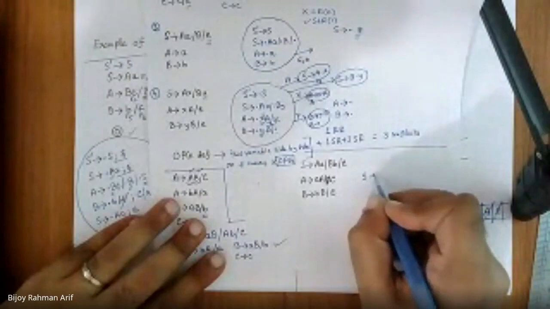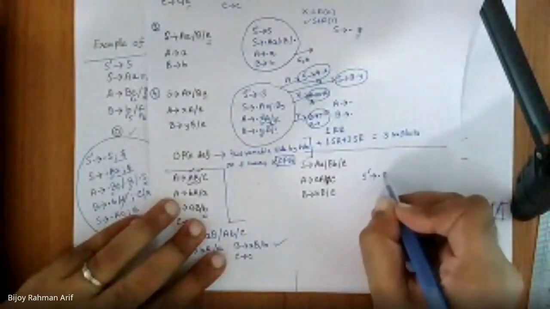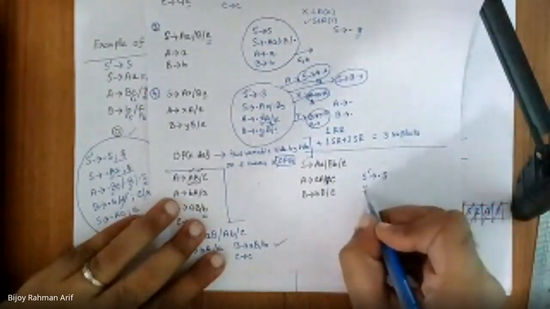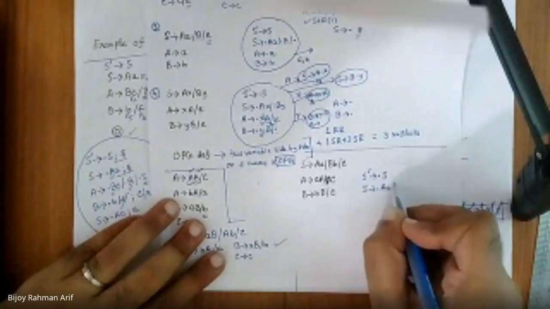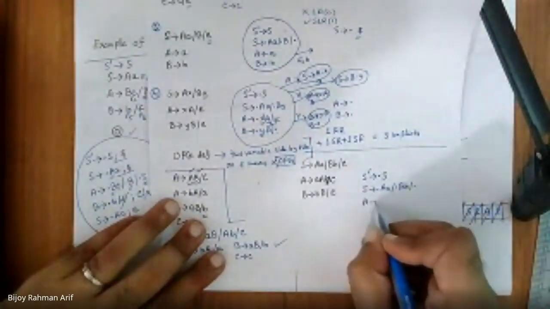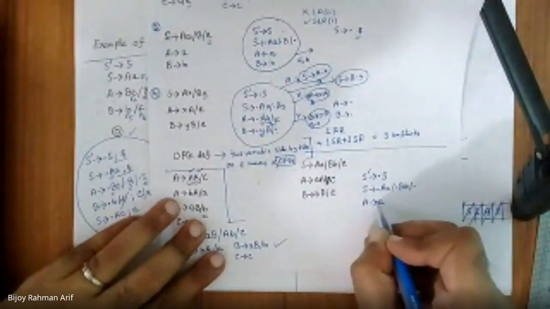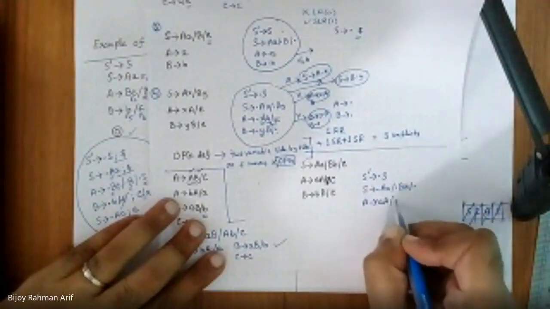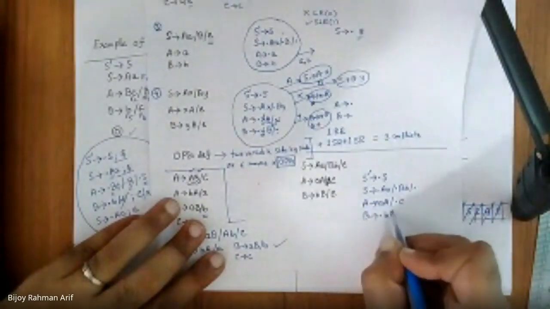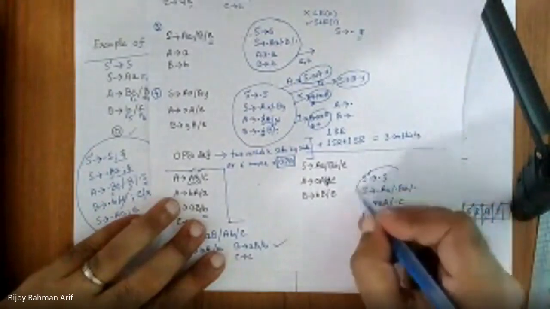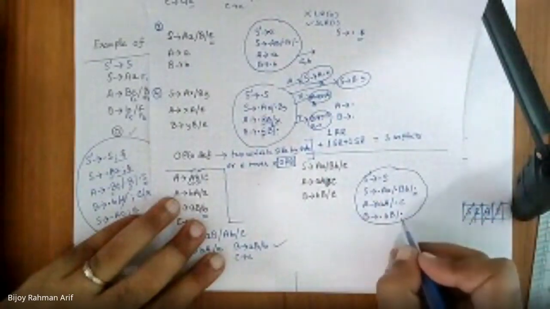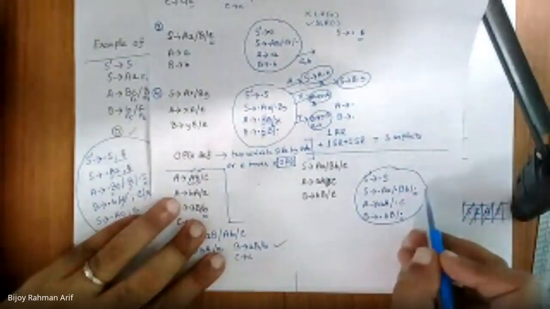S' derives dot S, then S derives dot AA or dot BB, A derives dot AA or dot C, B derives dot BB or dot. It seems there is an RR conflict. Still there is an RR conflict. But actually there is no RR conflict because this one should be placed under